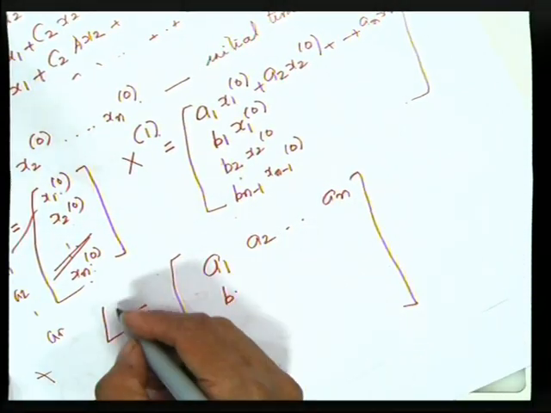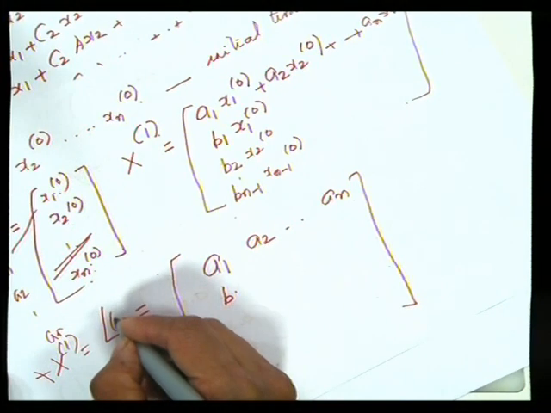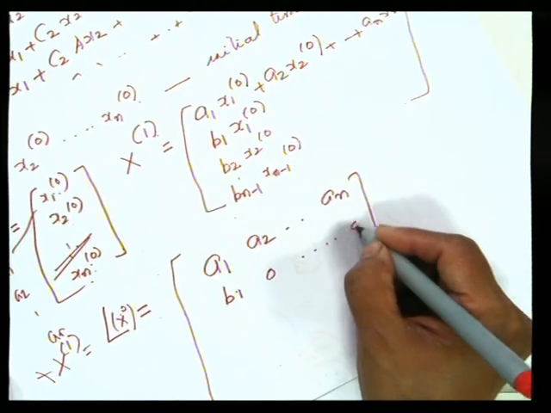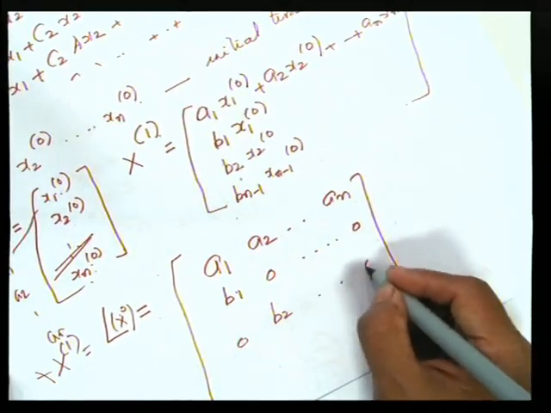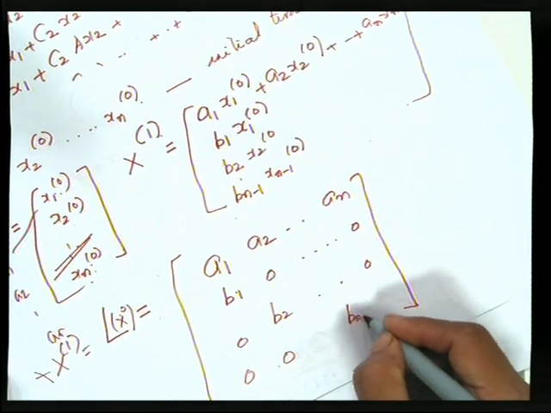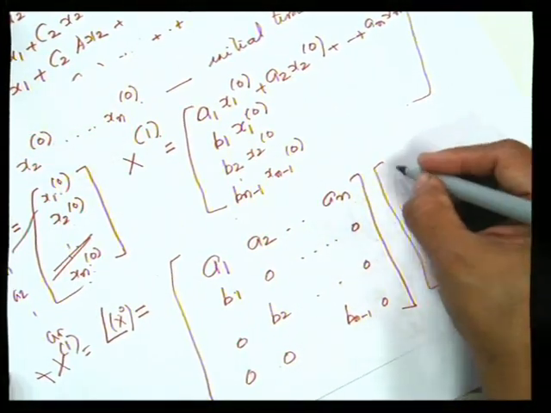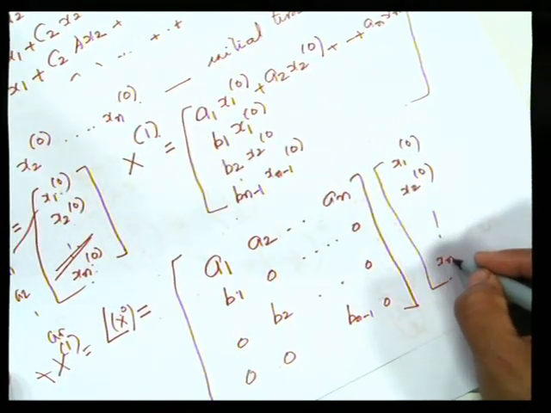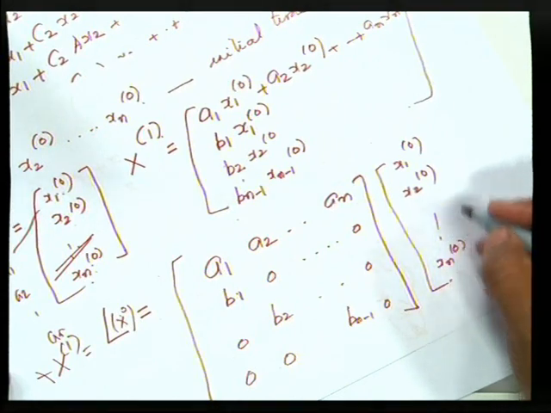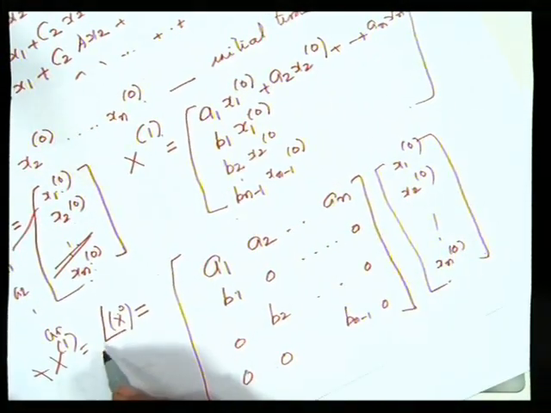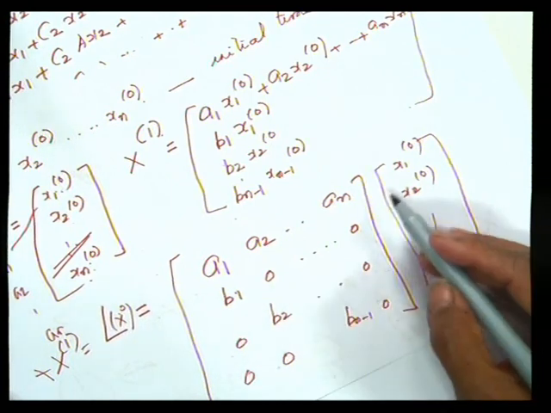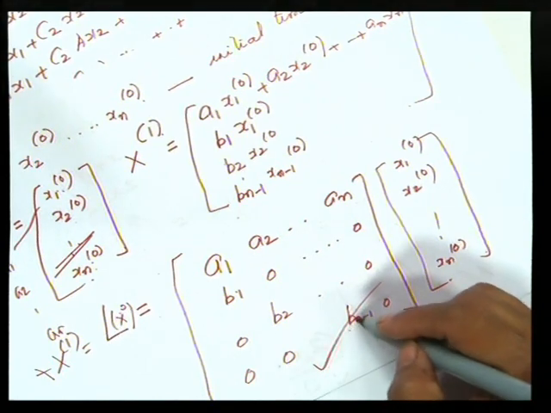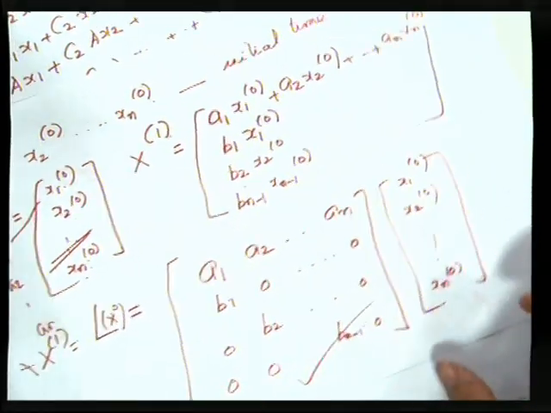Then we can write x1 as L of x0, that is equal to the matrix with first row A1, A2 up to An, then B1 0 0 0, 0 B2 0, and so on down to Bn minus 1 0, operating on x0, which is the column x1 0, x2 0, etc., xn 0. So x1 can be calculated by applying the matrix L to the initial population vector. This matrix which we have written is known as a Leslie matrix.